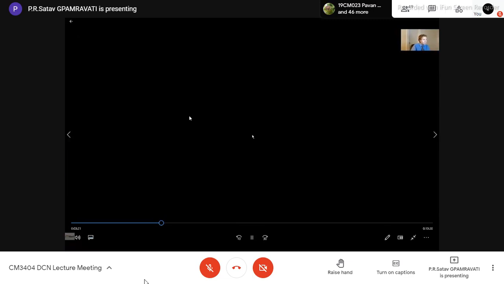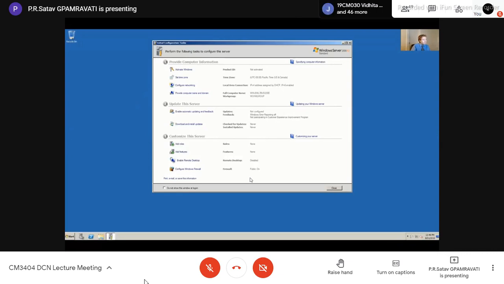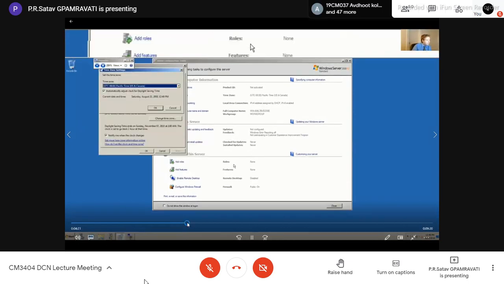So we have to configure the server, and we will do it as the options come. Or you can select do not show this dialog box again, and close it. So you can close this dialog box also. In this case, you need to do the network configuration first, means we need to set the static IP address. After setting the static IP address, we can go on with the installation and completion of the work. So we can configure it and add various roles inside it.